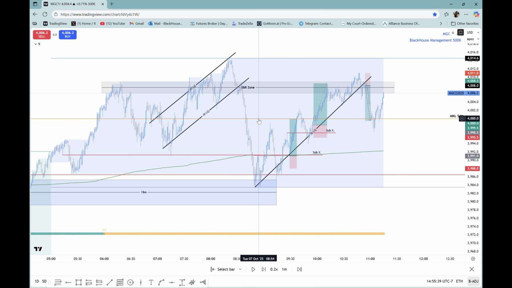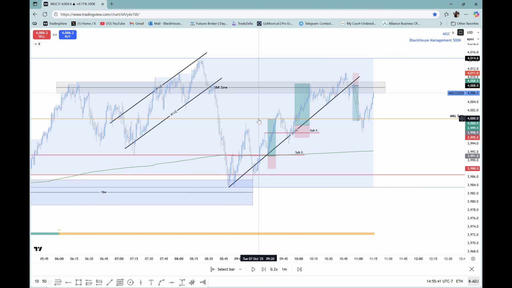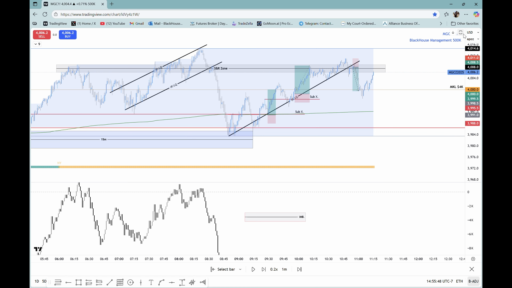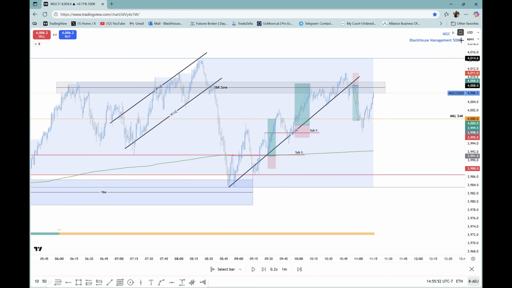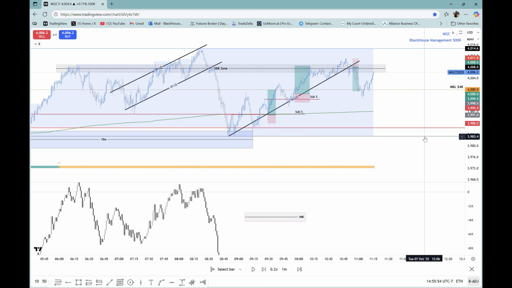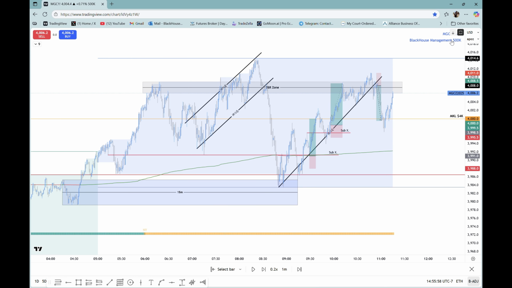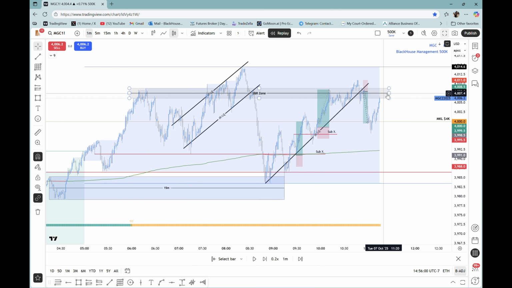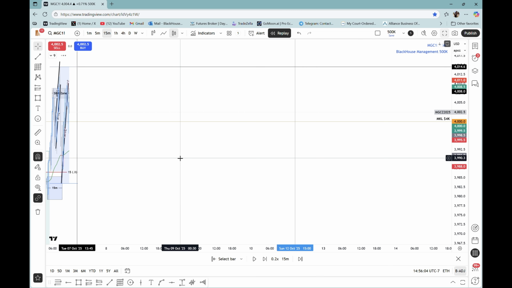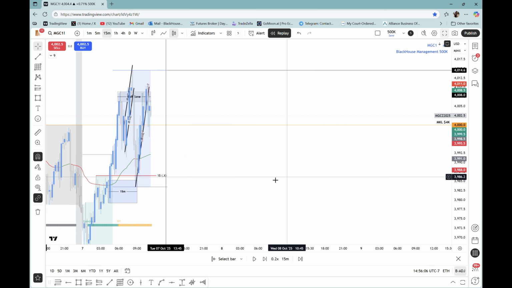Now another play that took place, a few more plays, is on the 15-minute time frame. On the 15-minute time frame, we came into,